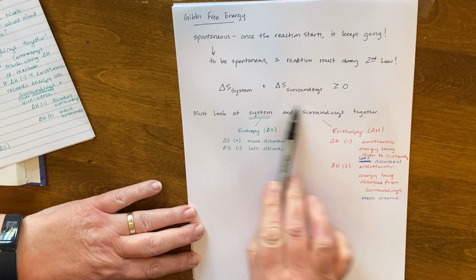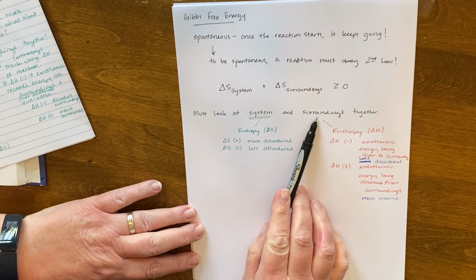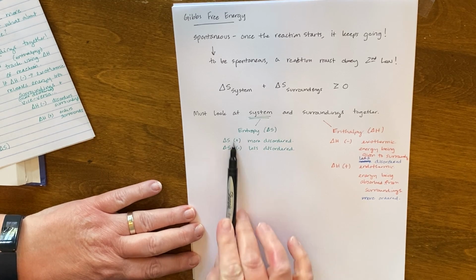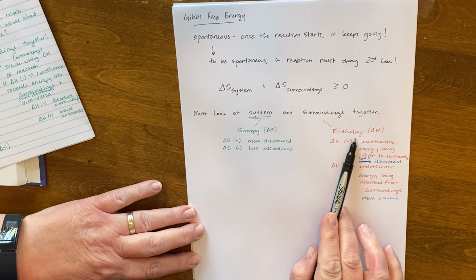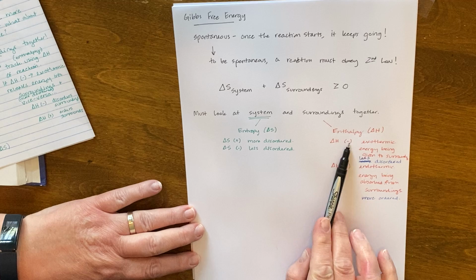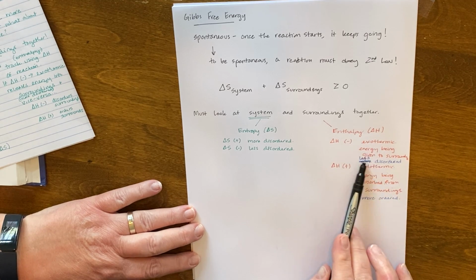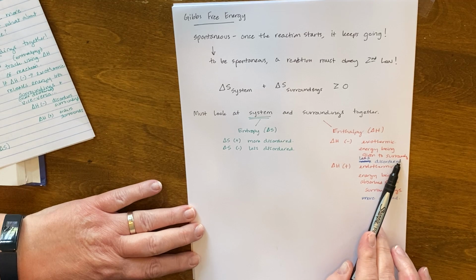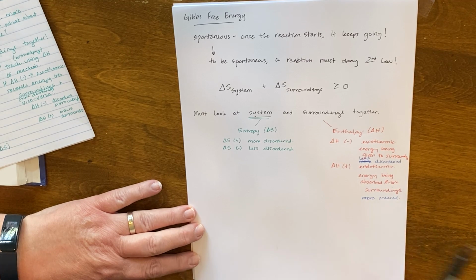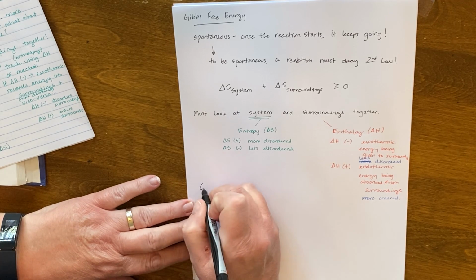So I guess what we need to remember here is that we have to look at the system and the surroundings together. Delta S, the change in entropy, helps us understand what's happening in the system. Delta H, or our change in enthalpy, helps us understand what's happening in the environment. Because with an exothermic reaction, we're giving energy off to the surroundings. In an endothermic reaction, we're taking energy from the surroundings. Okay? So what Gibbs free energy tells us then